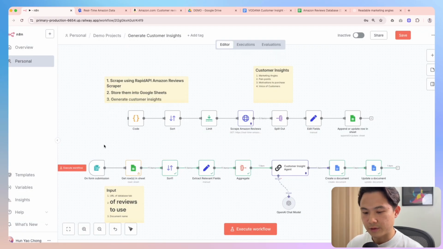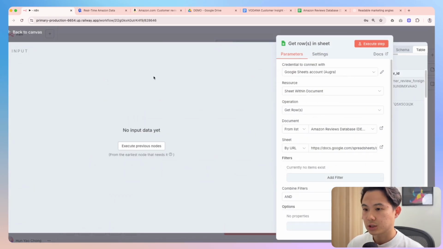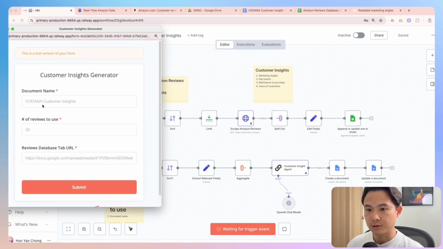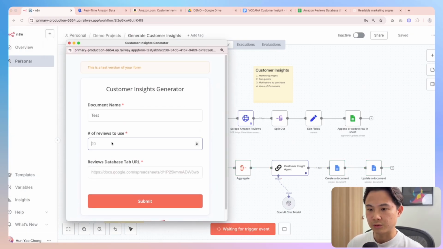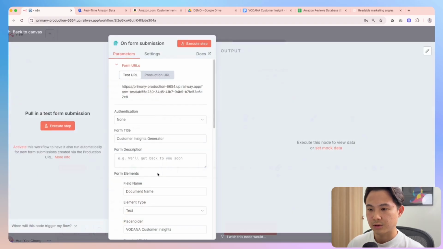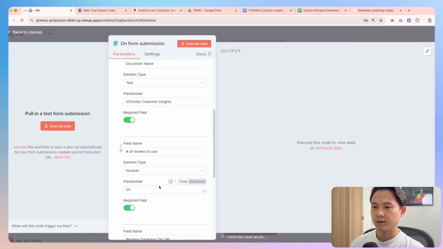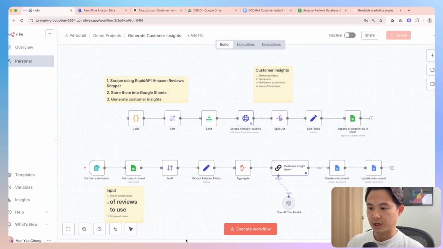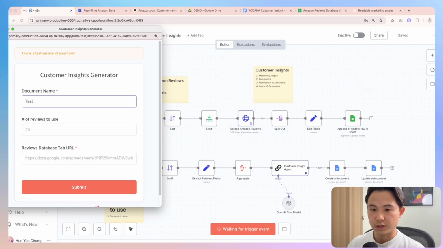Okay, so now that we have that, then I think what we can do is just execute, and then just do a test, right? So we'll say like 10, and I think what we want to do is also to not set number of reviews as compulsory, so that if the user sets a number, then we will use that number, but if they don't set it, then we'll just use everything in the database. So we just remove this as required, save it, and then let me run it again. So tests, and then we'll leave it blank, or maybe just put 10 for now, and then we'll use this,